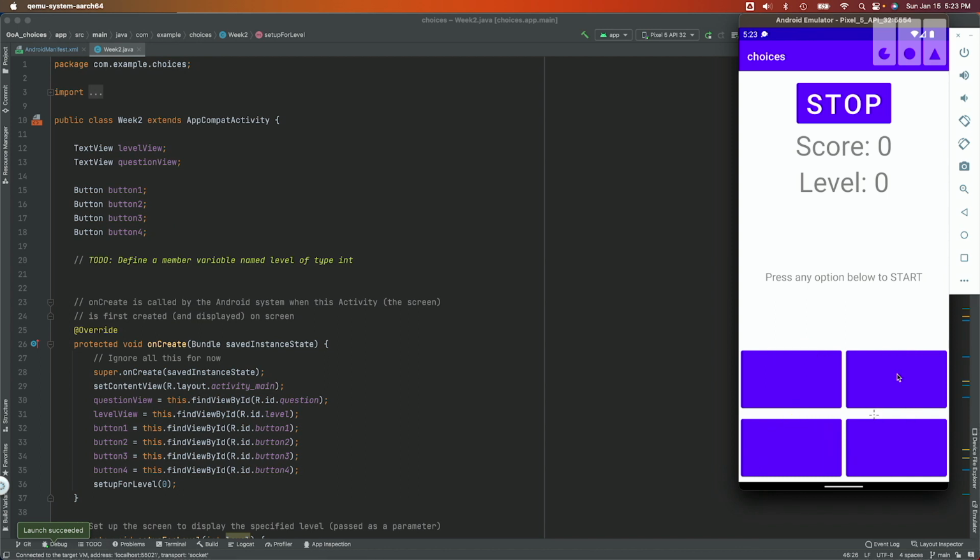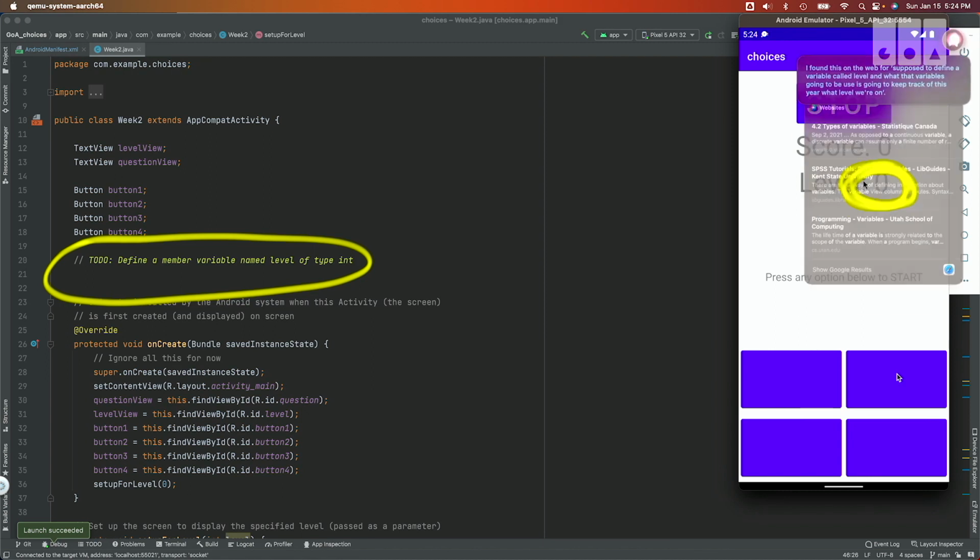Now we have a function. The first thing you have to do here is define a member variable named level of type int. You're supposed to define a variable called level, and that variable is going to be used to keep track of what level we're on. Initially it's level 0. So as we move that up,